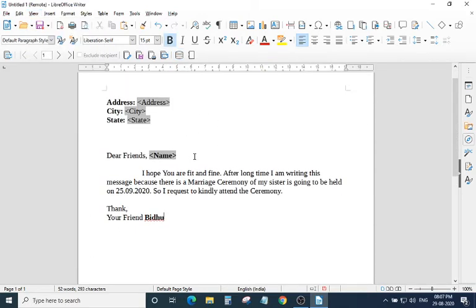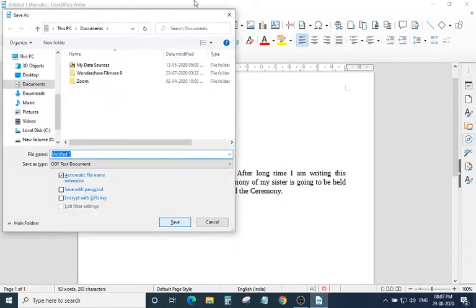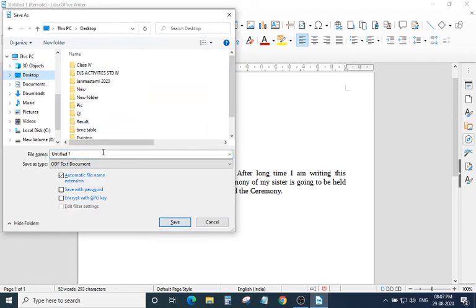See, only this much we have written. After this, what we have to do? We just have to save this. So how to save? Control S. Then you have to choose the path.